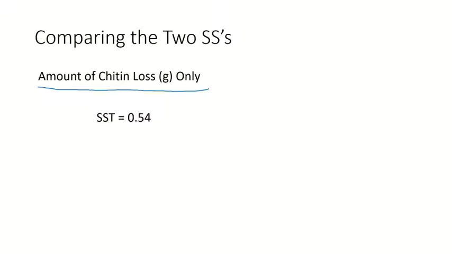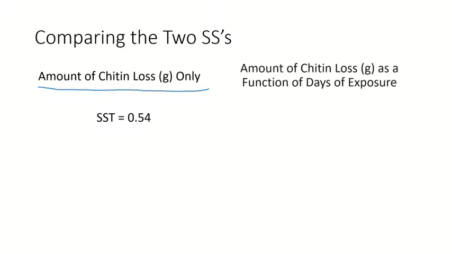And remember, we mentioned here that the goal of simple linear regression is to reduce this as small as possible. When we now factored in the second variable, which is our independent variable, the days of exposure to the bacterium,